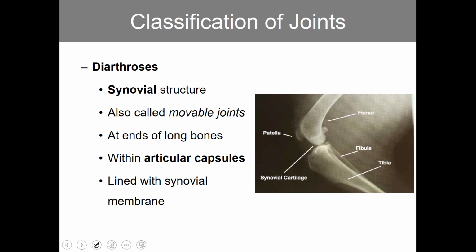Lastly, we have the diarthrotic joints. These are the synovial joints, and they're freely movable. These are found at the ends of all long bones, and they, by anatomical design, are the weakest of all the joints. Because of that weakness, they have to have a lot of support